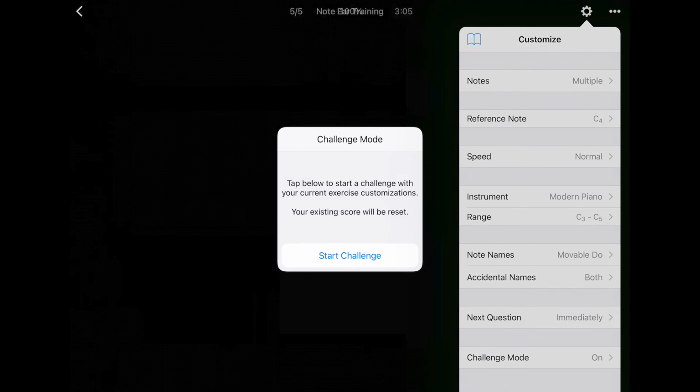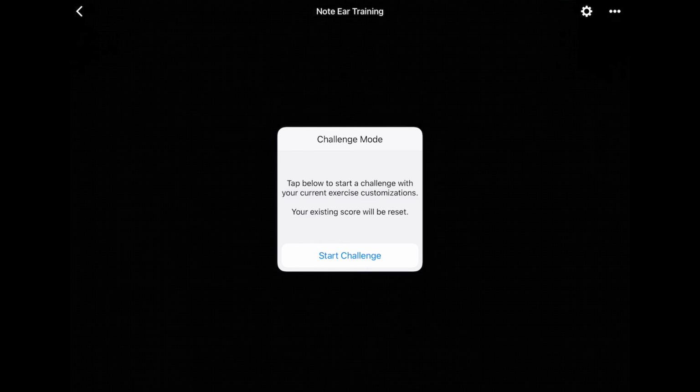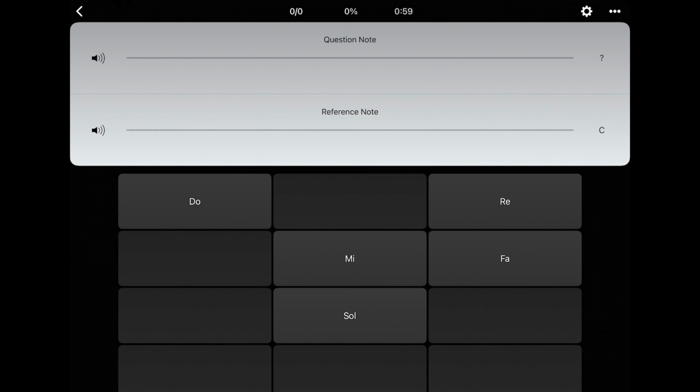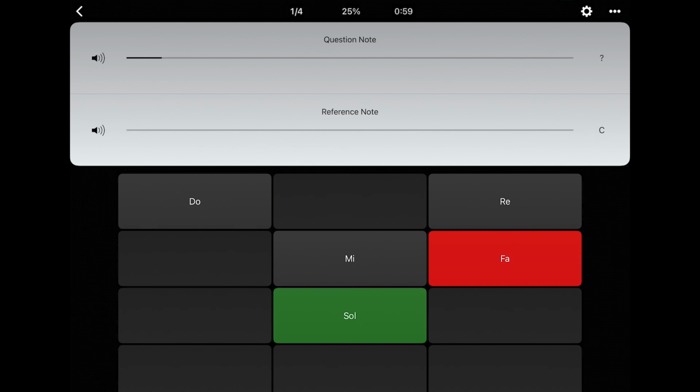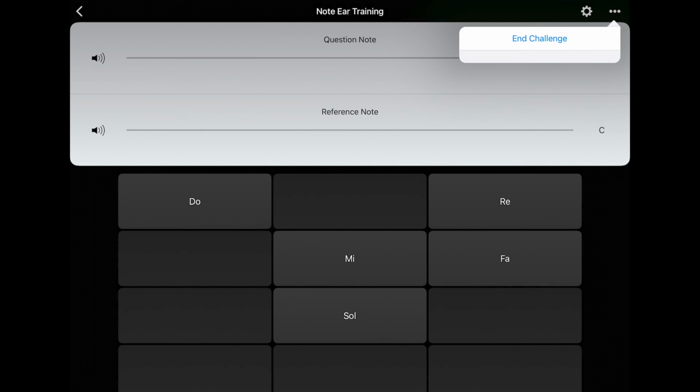So for example, let me go do one for you. So here we have the challenge mode. So that was our sol. Right. So as I exit out of that, I'm going to stop it for now. Right, so it shows me that I've gotten a high score of 4, but if I do another challenge mode and I just do really poorly, right,